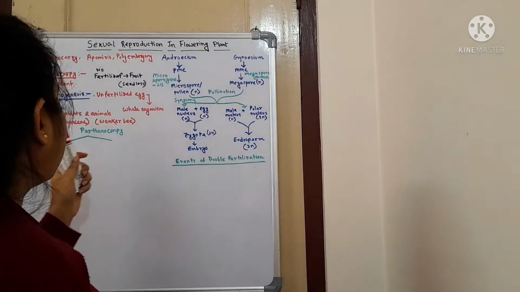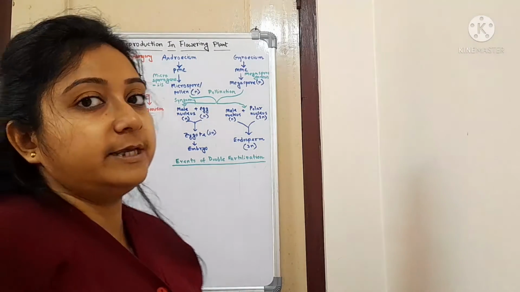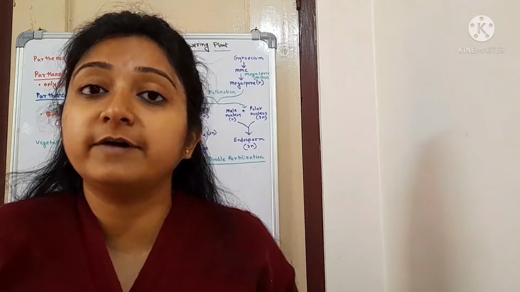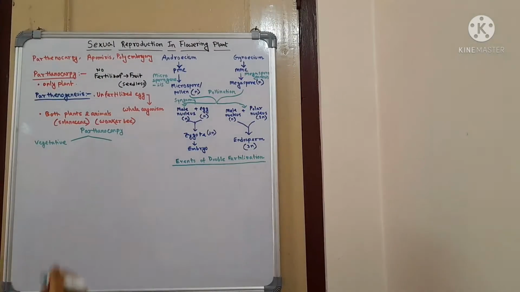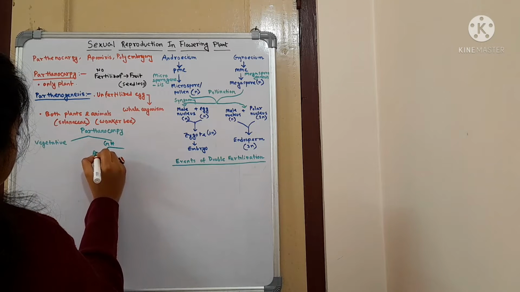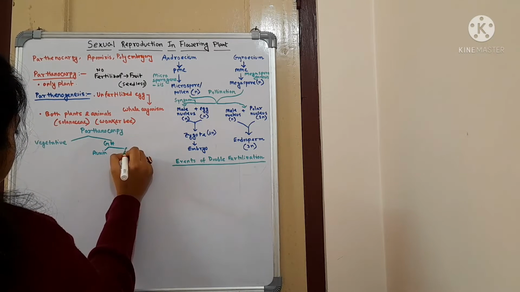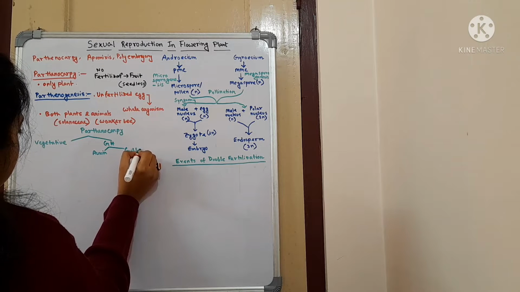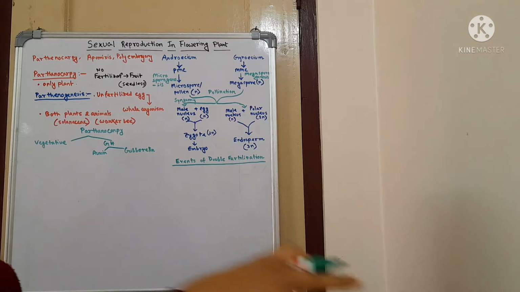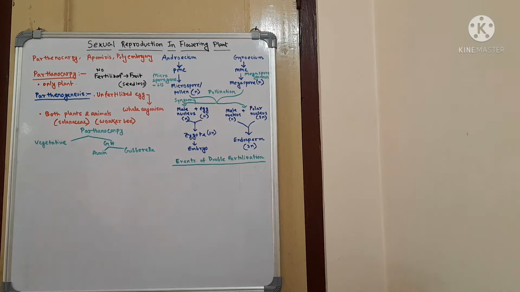And in case of the other type of parthenocarpy, after sprinkling some growth hormone, by giving growth hormones like auxin and gibberellin, basically these two growth hormones are sprinkled over the fruits which we want to become parthenocarpic in nature.